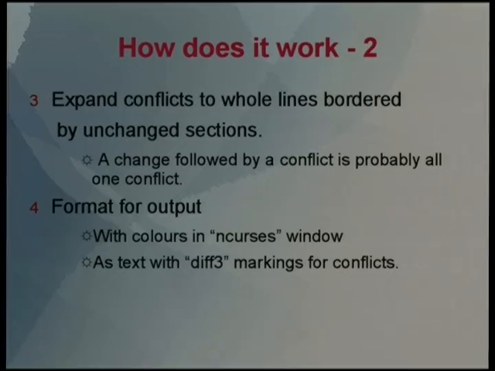And then once you find a conflict, when I show it to a user, you probably don't want to see the conflict in the middle of a line. You definitely don't want to see a conflict that runs from the end of this line to the beginning of that line. It's too hard to read. So it'll expand the conflicted area backwards and forwards, roughly until it hits a couple of new lines, until it finds something that looks stable enough.